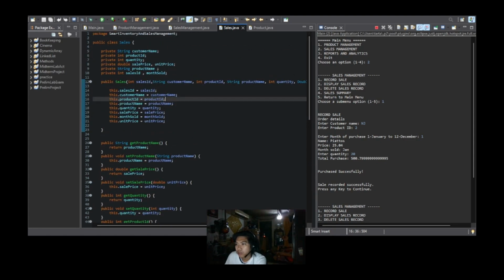It is used to put data on the node, or it will be the one that will be the value of the node class. Thank you, and my group mates will explain other parts of our program.